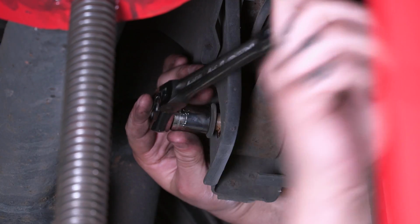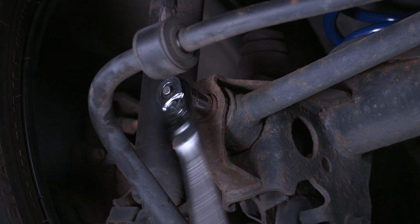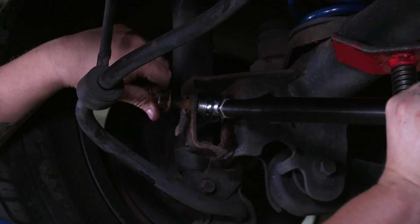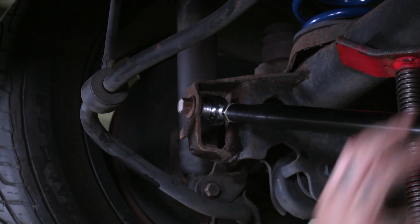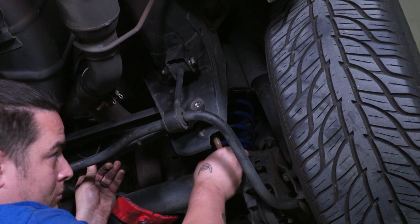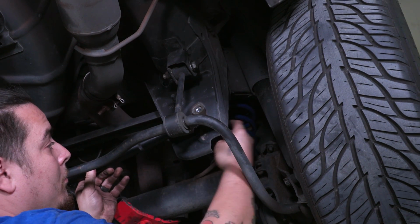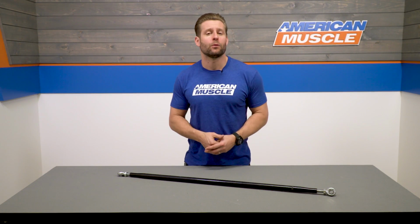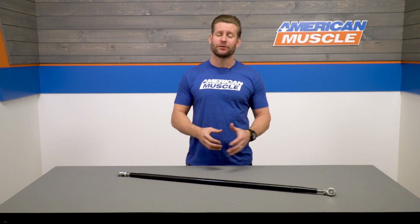Now before installing the new SR Performance option, adjust it to roughly the same length as your factory option just for now, as you will be making some adjustments later on. Install the SR Performance option and tighten down the 18mm bolts to 129 foot-pounds. At this point, you can either take your car to the alignment shop and have them set it up for you, or what you could do is make what is called a plumb bob setup,